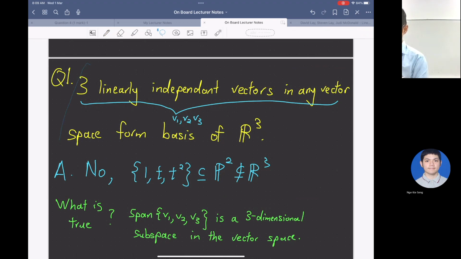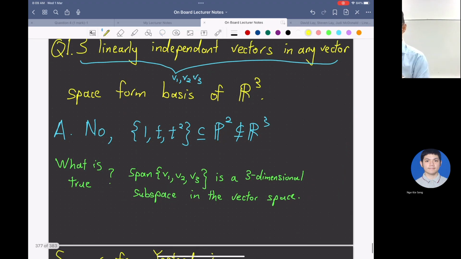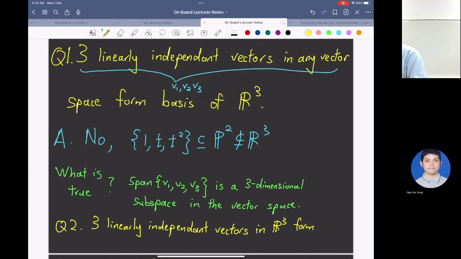If the vectors have three entries, then that means your vector doesn't live in an arbitrary vector space. So this will make the question easier. So three linearly independent vectors in R3 form